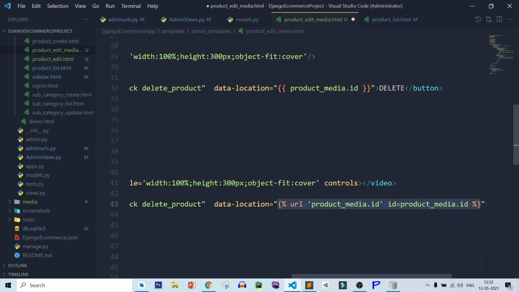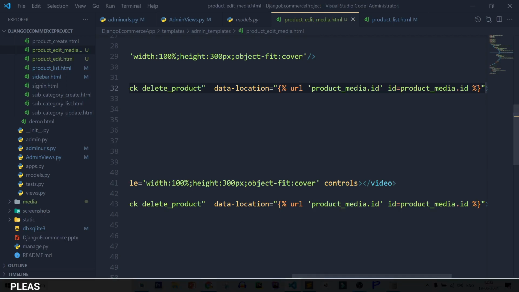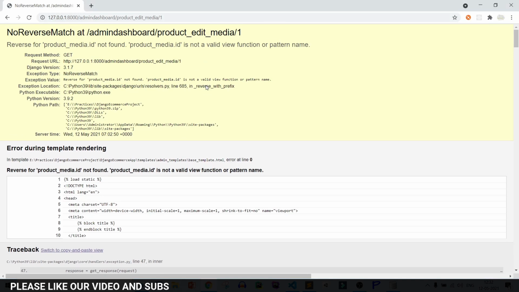Copy it, paste it also here, save this file, back to Chrome, refresh page, and